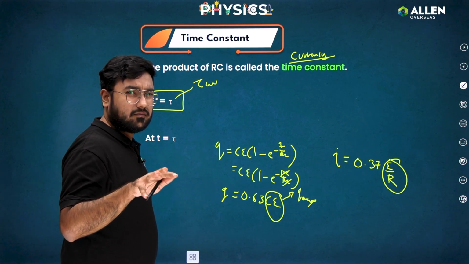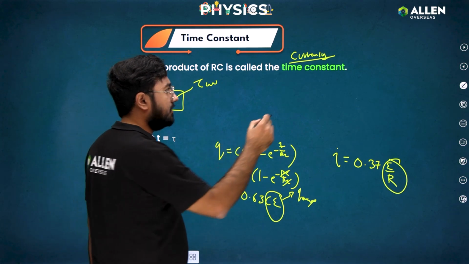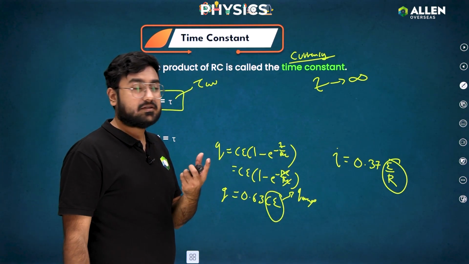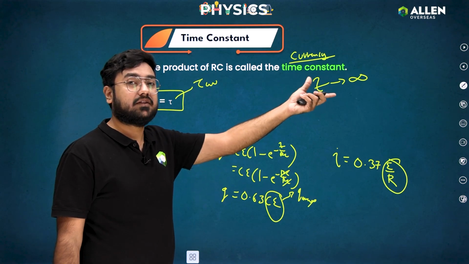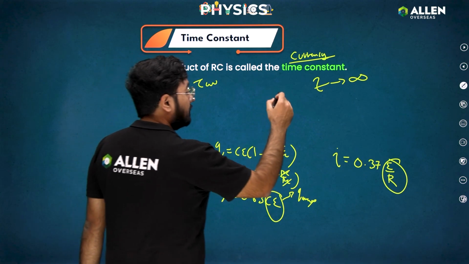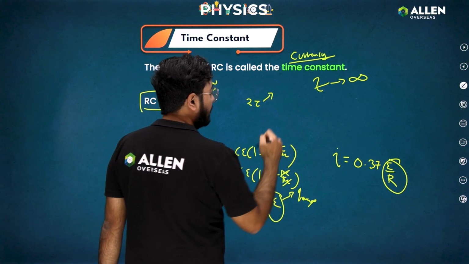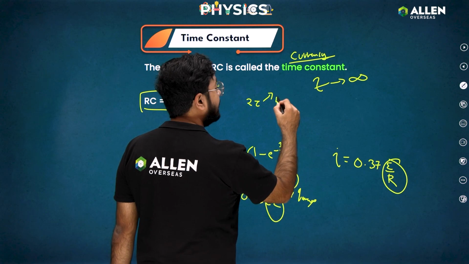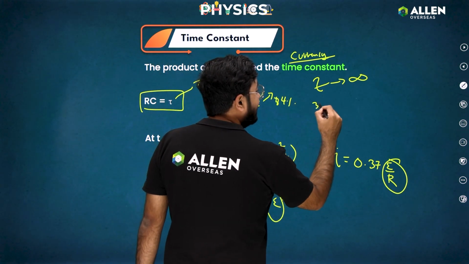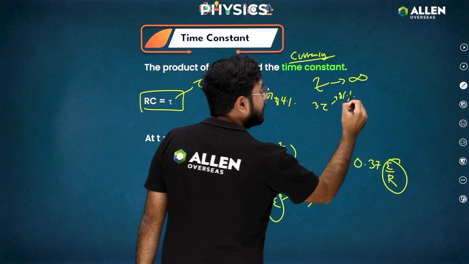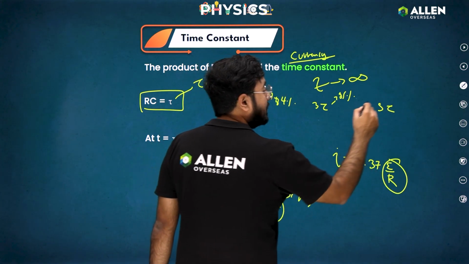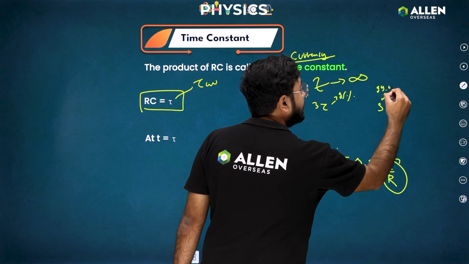And for simplicity's sake, as I said, mathematically the capacitor will be charged when t tends to infinity. But in reality, in two time constants, the charge on the capacitor will be approximately 84%. In 3 time constants, it will be 95%, and in 5 time constants, the circuit will be approximately